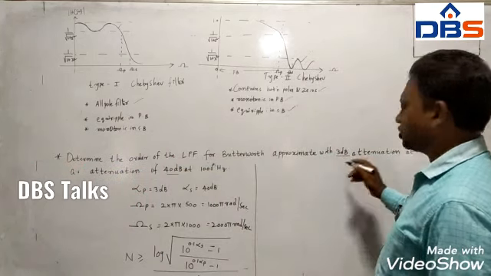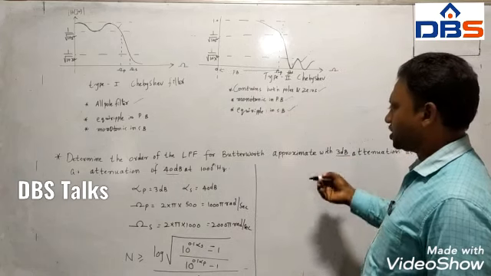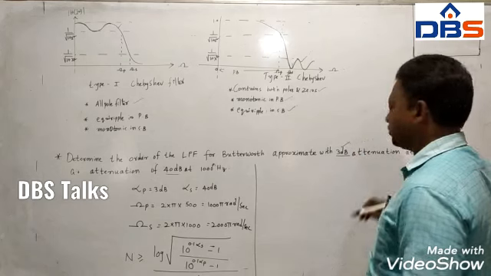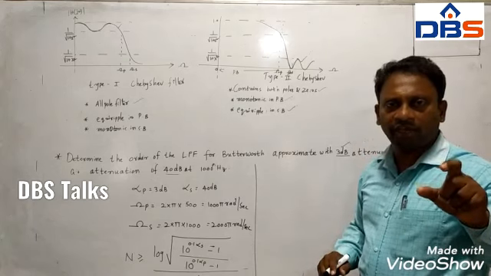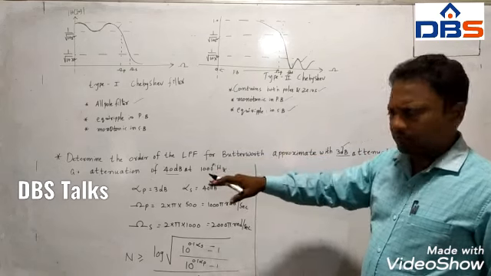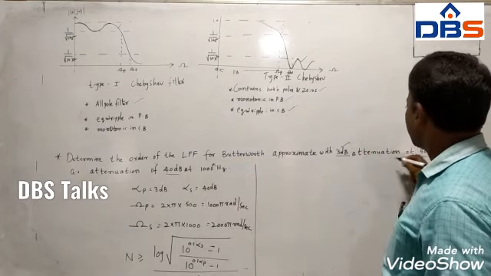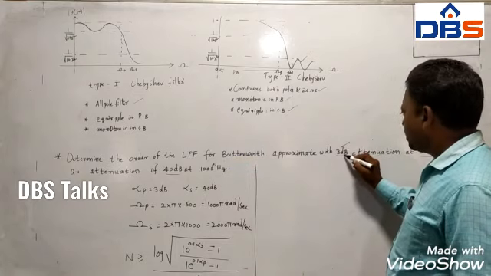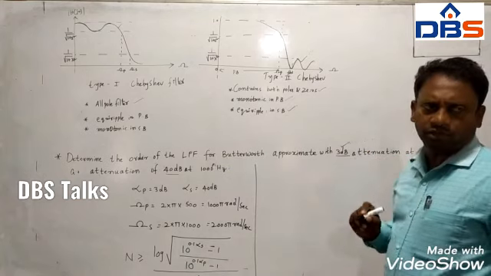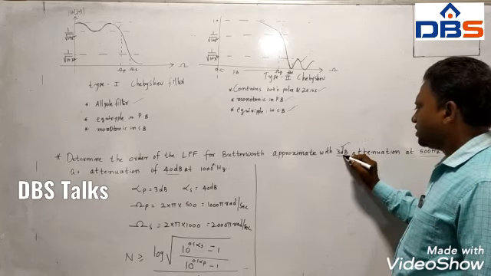3 dB attenuation is a low attenuation at low frequency, which is called the pass band attenuation, and this is the pass band edge frequency. You have to identify this whenever a problem is given like this. This problem has been given many times, even in the December 2019 paper. So you have to understand the problem: what is the frequency, what is the attenuation? Here the frequency is 500 Hz and the pass band attenuation is 3 dB.